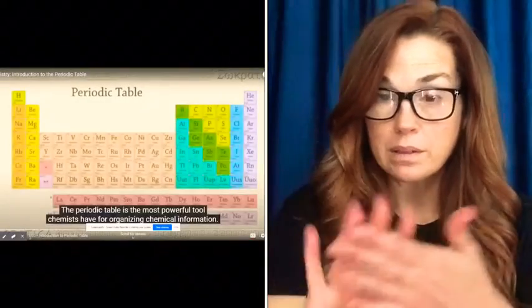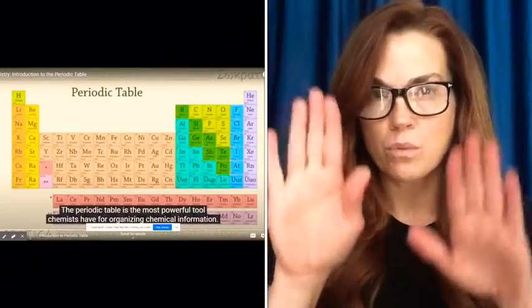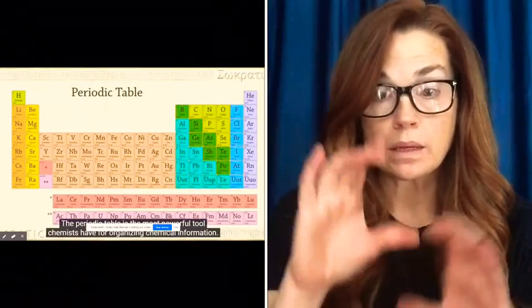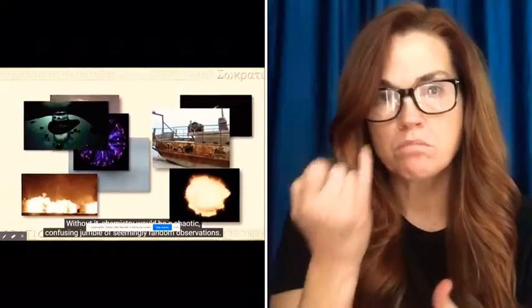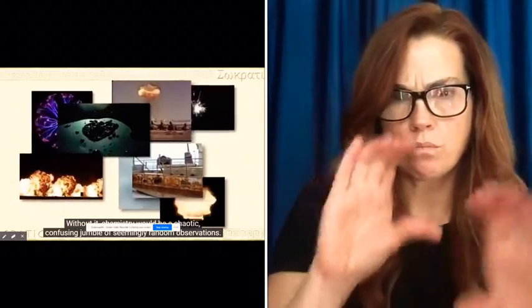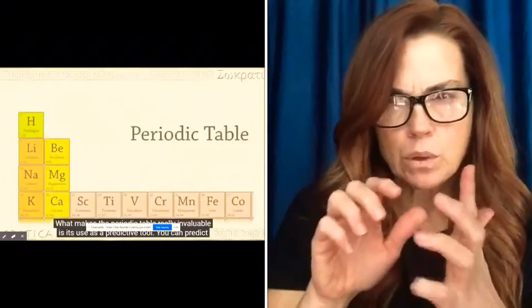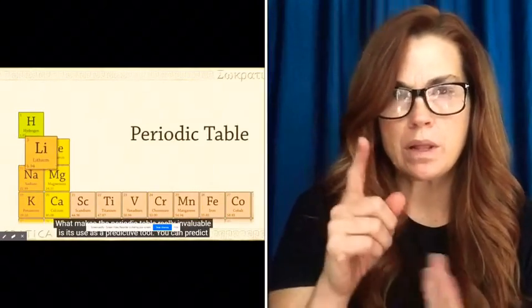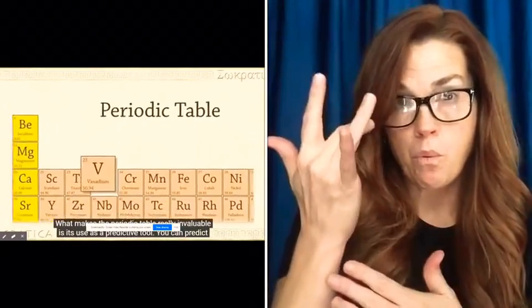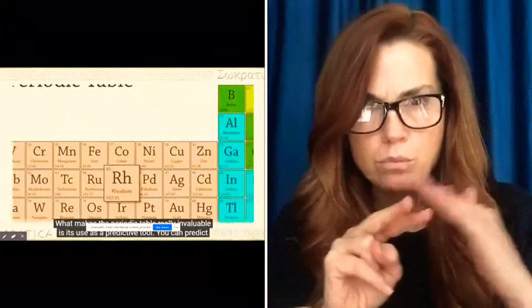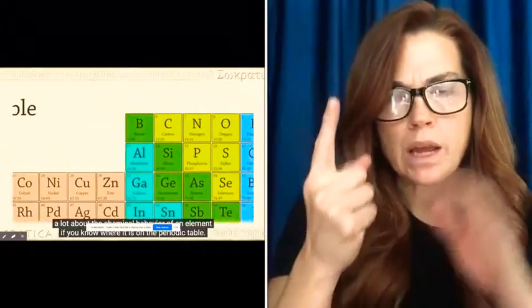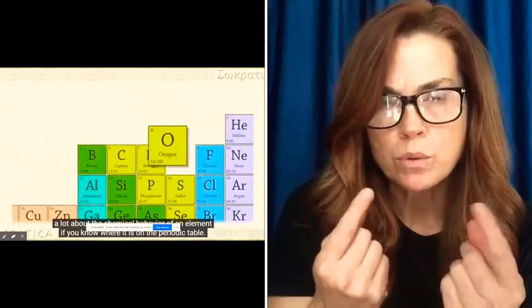The periodic table is the most powerful tool chemists have for organizing chemical information. Without it, chemistry would be a chaotic, confusing jumble of seemingly random observations. What makes the periodic table really invaluable is its use as a predictive tool. You can predict a lot about the chemical behavior of an element if you know where it is on the